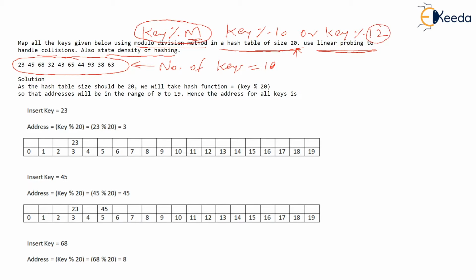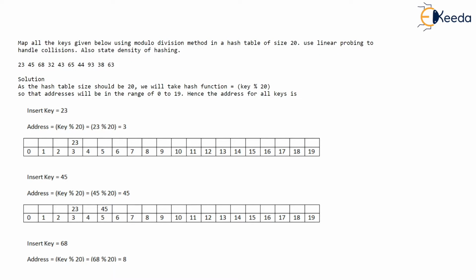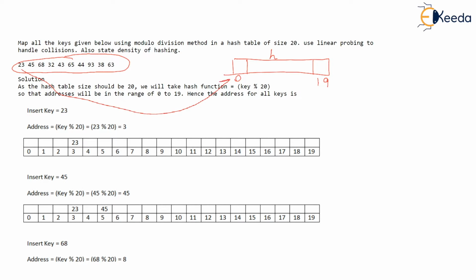The rule of thumb you can take is that the size of the hash table is given, that's 20. So if the hash table is going to have 20 elements, then the addresses in the hash table H will be 0 to 19 because it is a 20 element array. And we have these 10 keys that we are going to map. Any of these 10 keys can get mapped anywhere between the 0 to 19th address, because that's the only space that we have. So, how about writing a hash function which will always give an address in the range of 0 to 19?